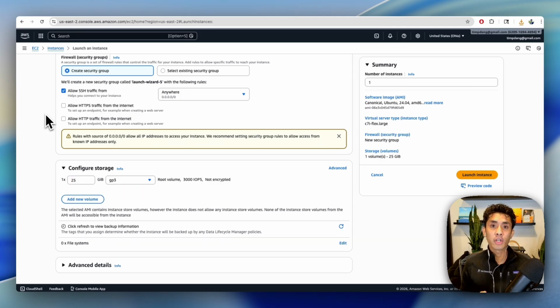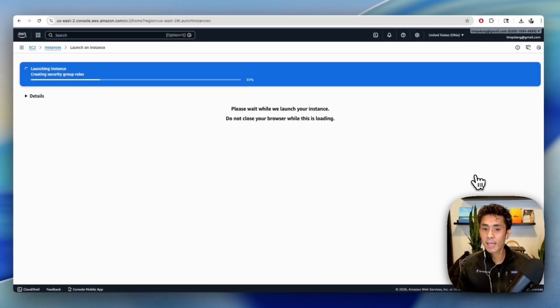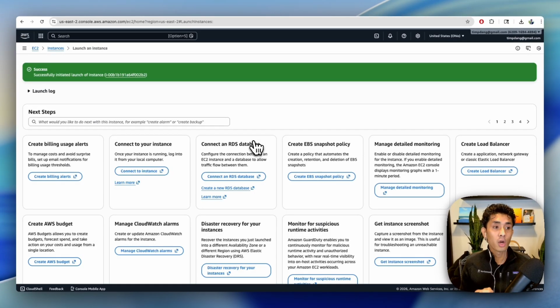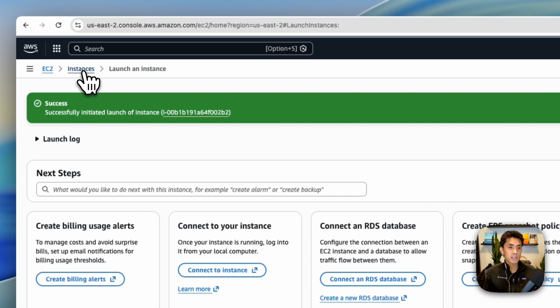Now, after you have configured all of these settings, in the bottom right, just hit Launch Instance, and this will take a second to load, so I'm going to cut until when it's finished. Oh, just kidding, that finished loading. Okay, so now you should have this success message, and whenever you have that message, in the top left-hand corner here, just hit Instances,